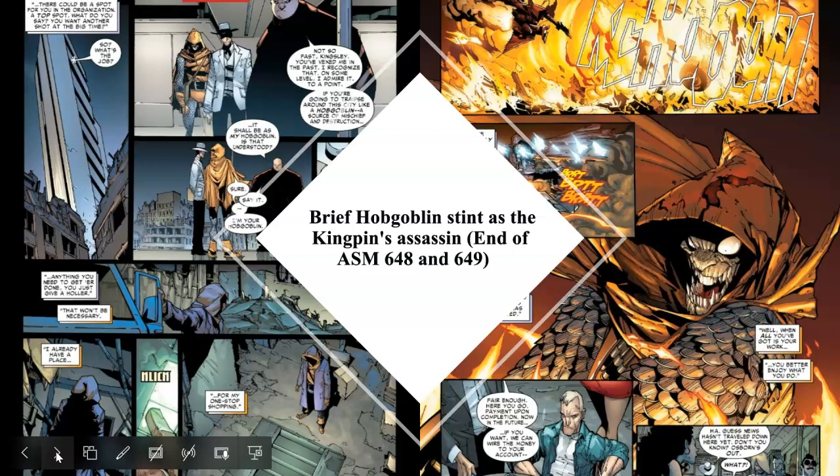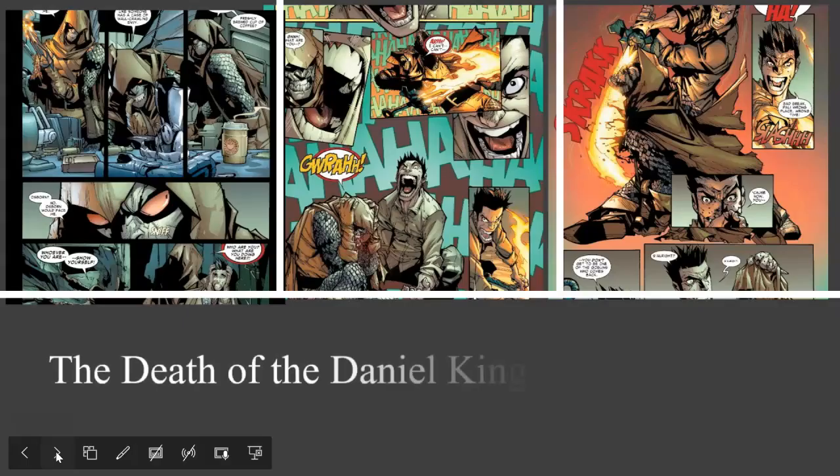And then we're going to see in Amazing Spider-Man 649, he's going to try to secure more weapons. He's going to try to raid one of Norman Osborn's lairs. And then we're going to see he's going to find Phil Urich, aka the fourth Green Goblin. So Daniel Kingsley was going to kill Urich, but Urich uses his lunatic laugh, the sonic attack that weakens Daniel Kingsley. And then Urich is going to attack him, and it's going to take his head off